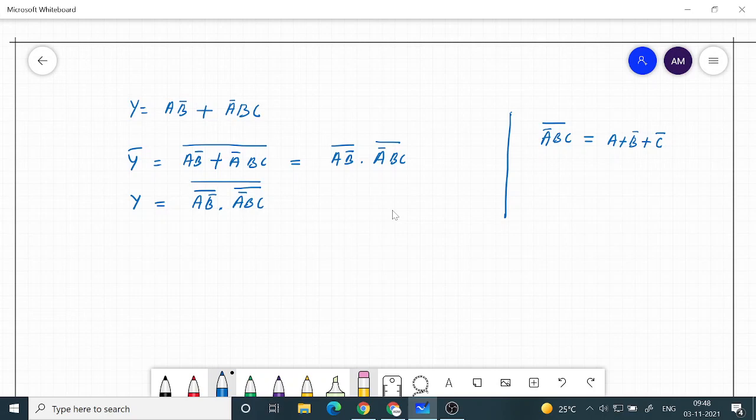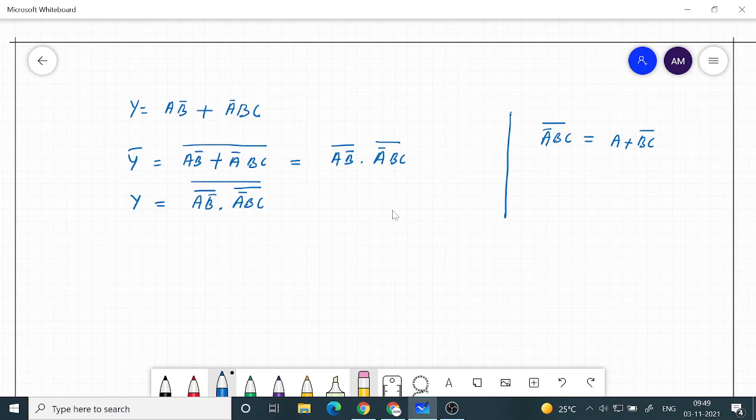Or you can break it up first into 2 terms, like a plus bc the whole bar. Okay, so this way also we can do it.